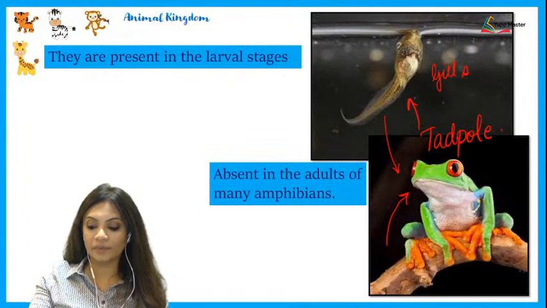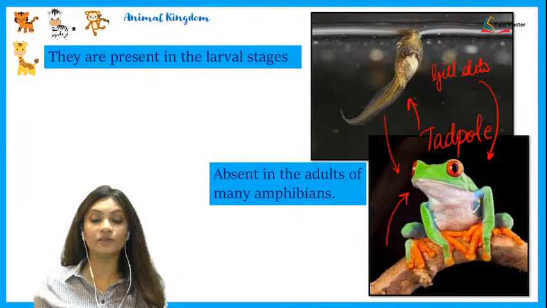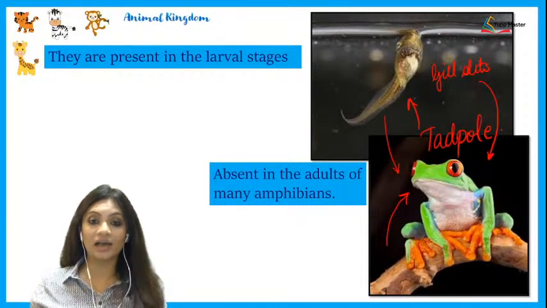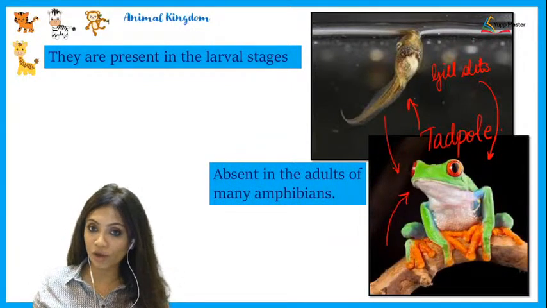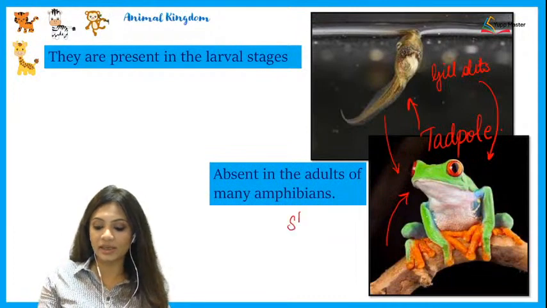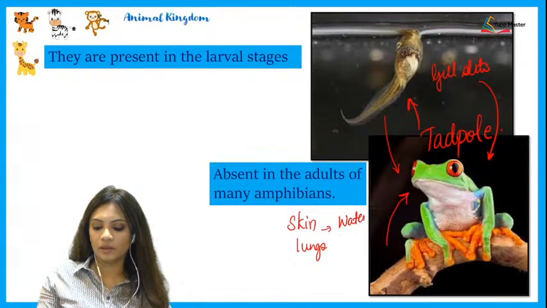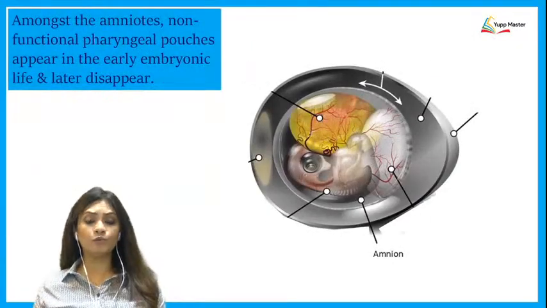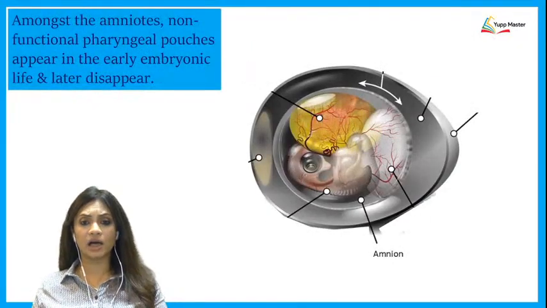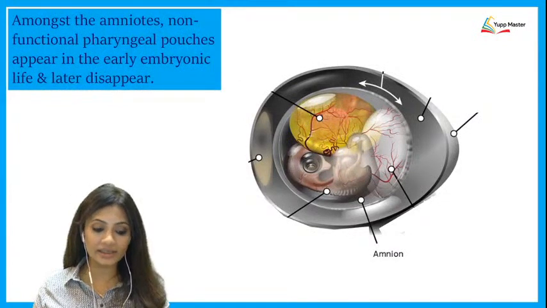Okay. So, tadpoles have gills, whereas when they develop into an adult frog, the gill slits are absent. So, how does the frog respire? Through skin and through lungs. Skin when it's in water and lungs when it is on land. All right. Okay. Now, when we talk about animals which are amniotes, what exactly is an